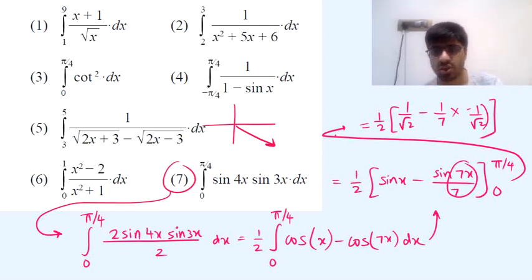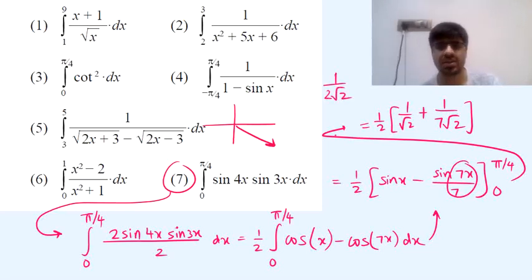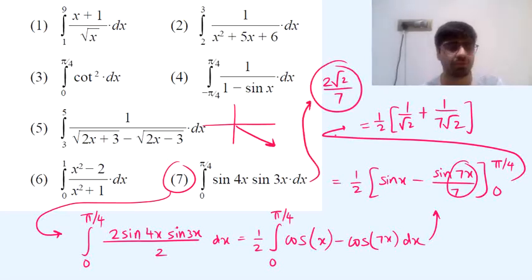1 by 7 into minus 1 by root 2, that's going to make this plus, and you have 1 by 7 root 2. You can pull out a root 2 common from the two terms, and that's going to give you 1 upon 2 root 2, and then it's 1 plus 1 upon 7, which is 8 upon 7. You can cancel off 2 root 2 and 8 in the numerator and denominator. That should leave you with 2 root 2 divided by 7. And yeah, that's the final value for that seventh question.